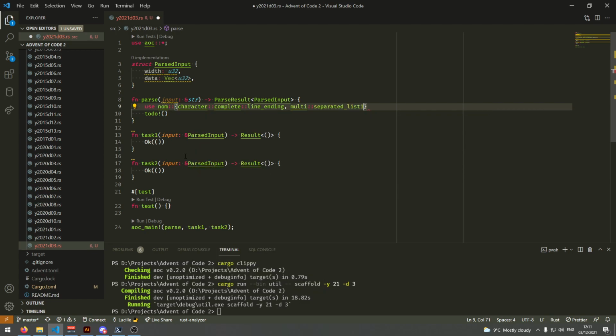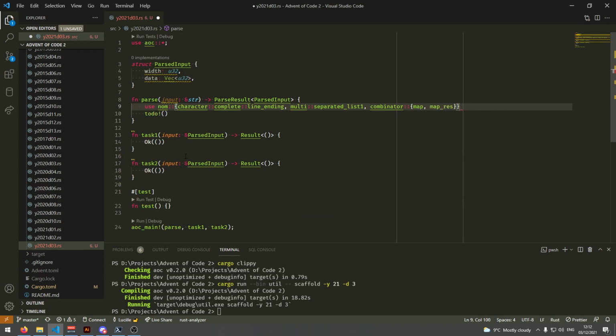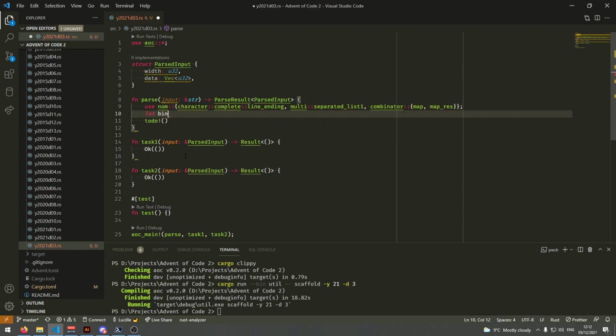Multi separated list. We'll need map, obviously. We'll also need map res to do our binary parsing. So binary number is equal to, I'm just going to say width is